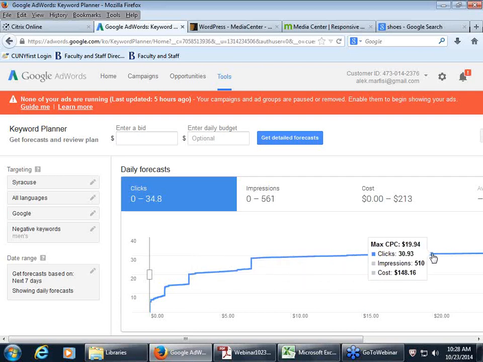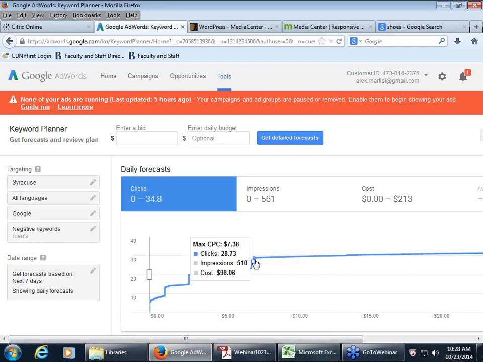And if you bid $20 a click, you get 3 more per day. Now, is it really worth an additional $12, $13 per click just to get 3 more clicks? No, it's not. The goal is to target your cost per click, that bid that you're going to put out there, to be that minimum amount necessary for you to get the maximum number of clicks.